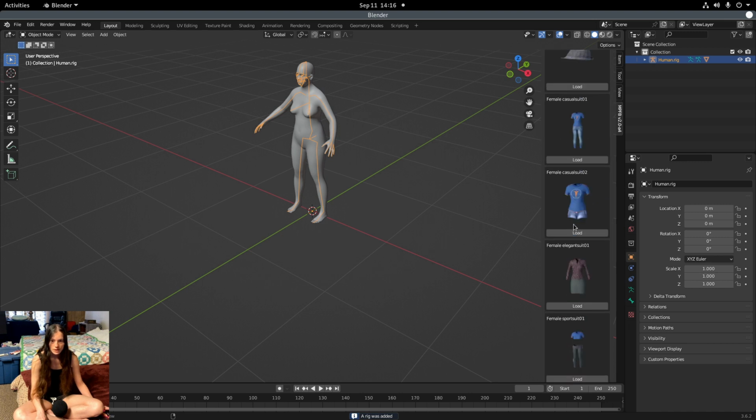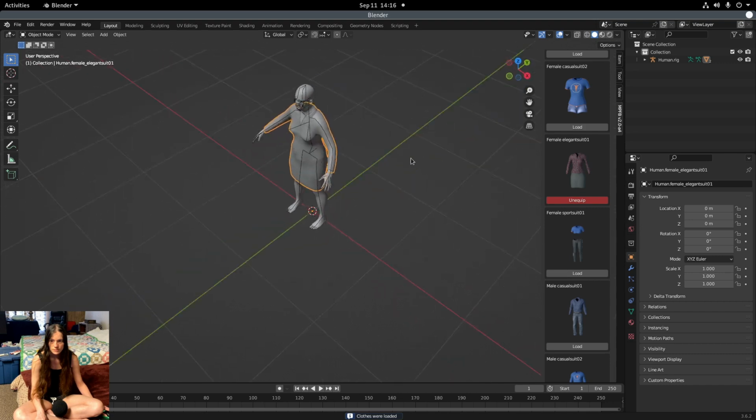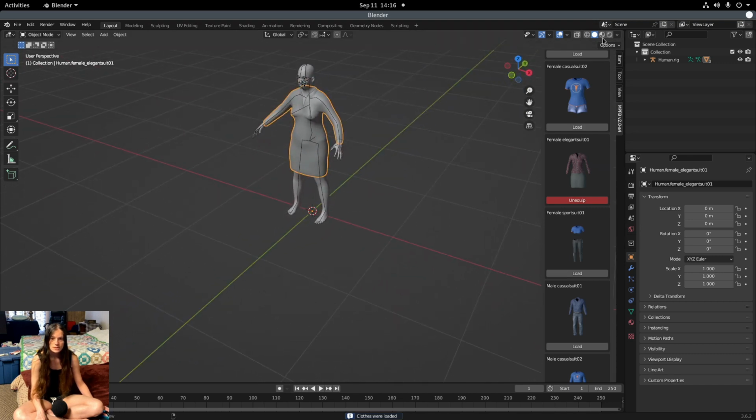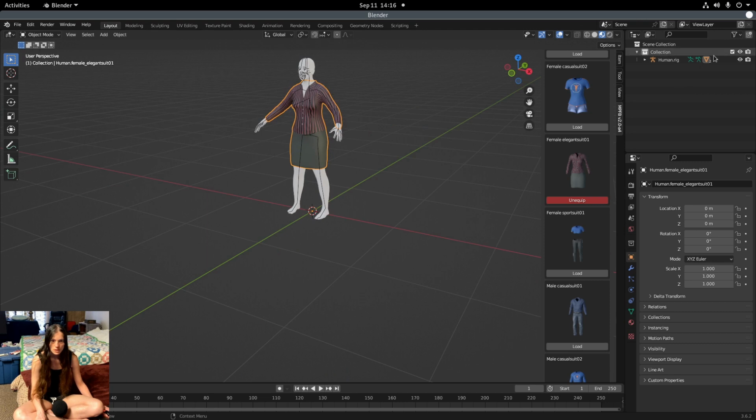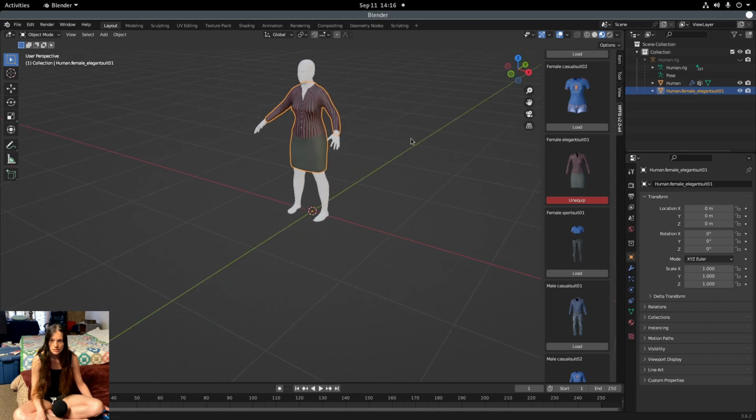Now you can go back to the clothing and load the clothes. If you want to see the actual texture, change the shading setting at the top, and you can hide the rig to just see the character,